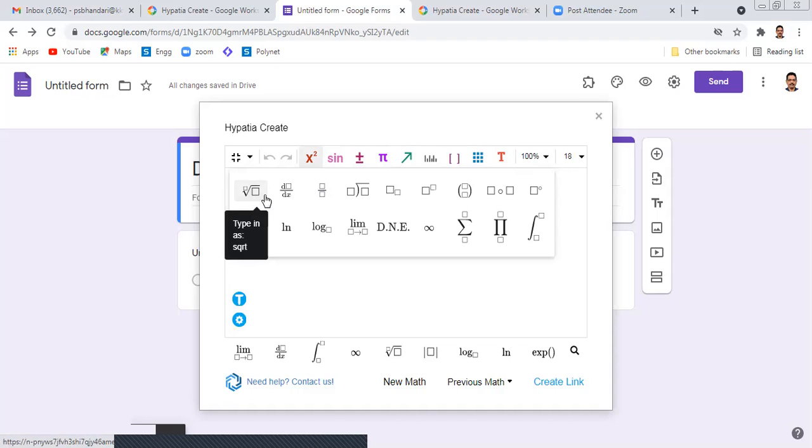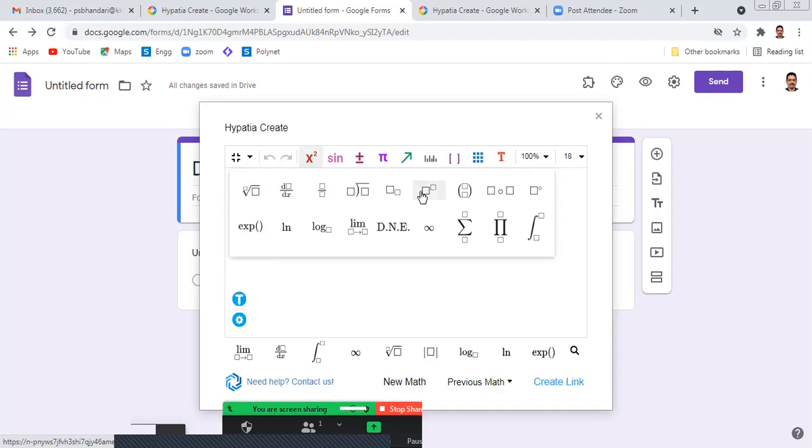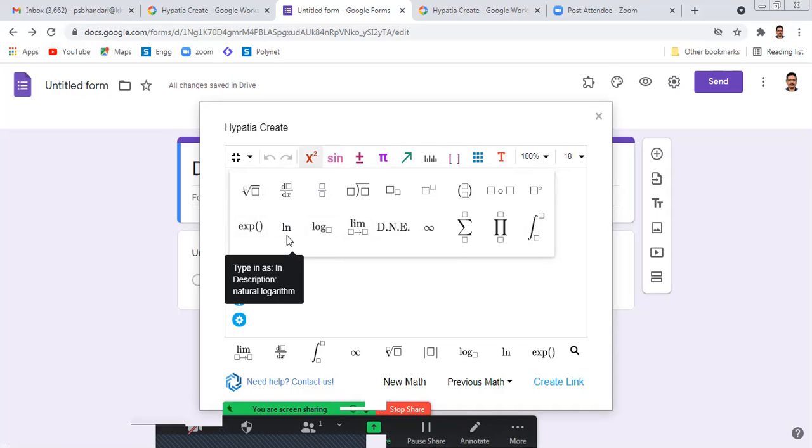Then subscript, superscript, terms in a bracket, definite integral, summation, limit, log, ln, and exponential can be added using this x square icon. Depending upon your requirement, you can use any of these tools.